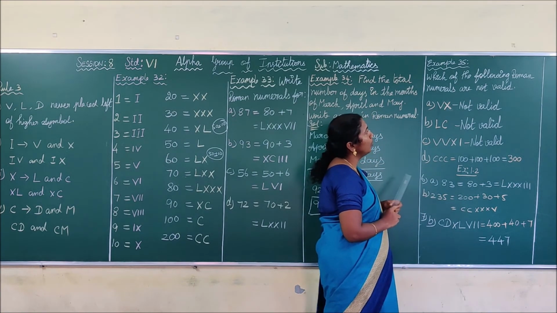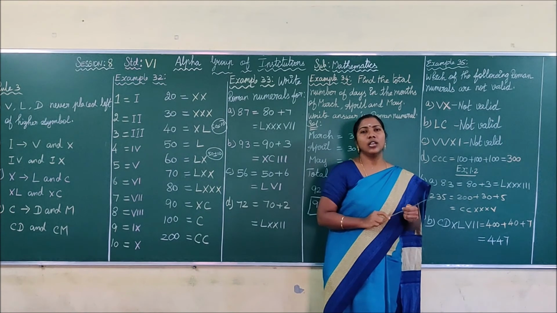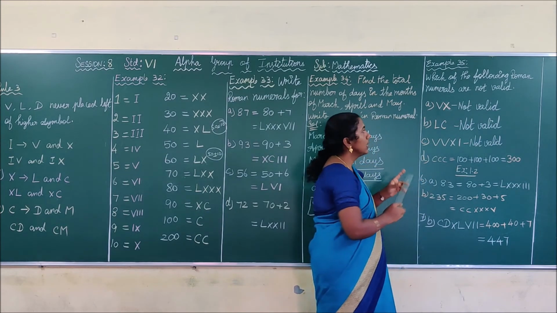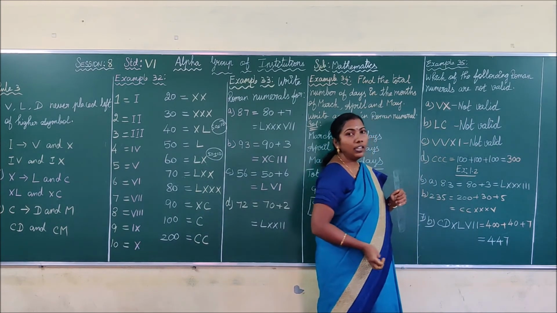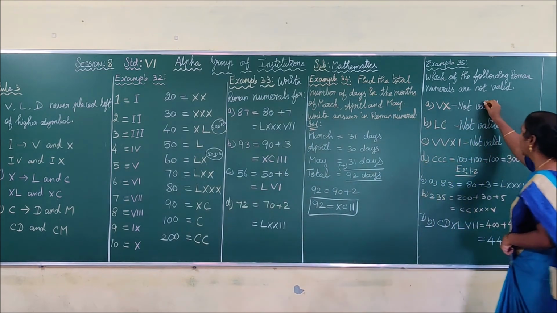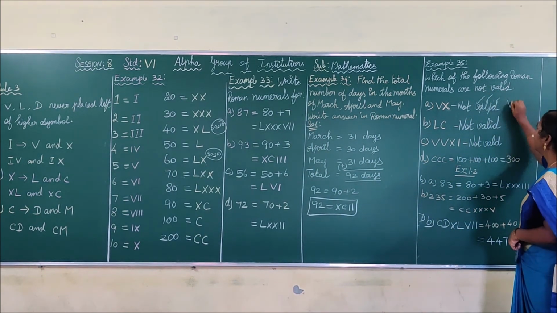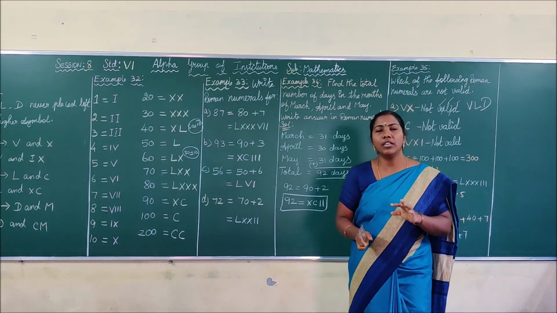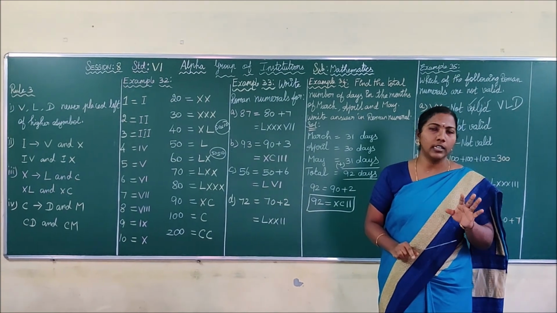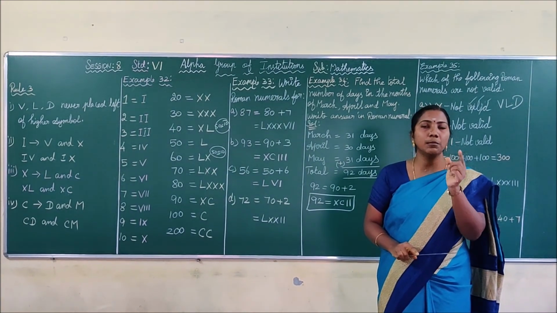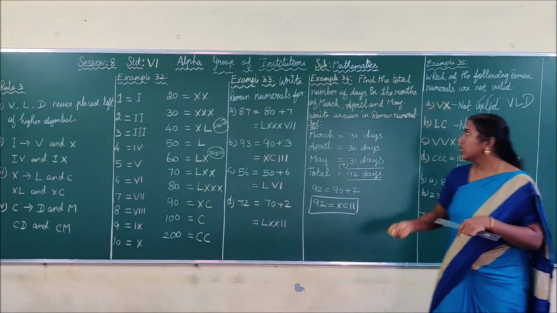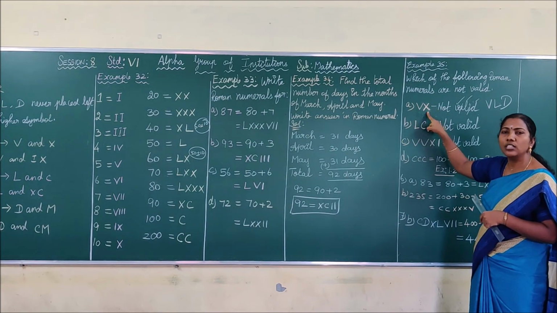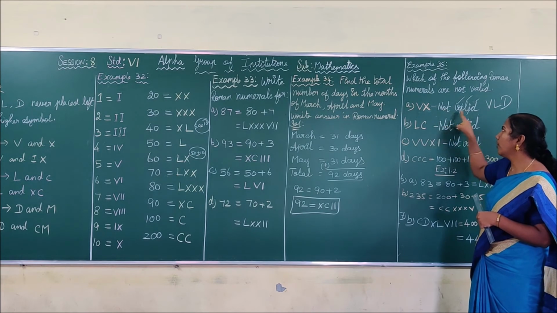Which of the following Roman numerals are not valid? In the example they also asked you to write the reason, but it is enough if you just write valid or not valid. Okay, see the first one, VX. I have already given the hint: in the not valid, strike out the A and I, and select the letters V, L, D. These symbols are never repeated together, that is VV, LL, DD. You should not write like this, and also you should not place that symbol on the left of the higher symbol. Okay, see here, V is placed on the left hand side of the higher symbol, so this is not valid. So here you have to write not valid.